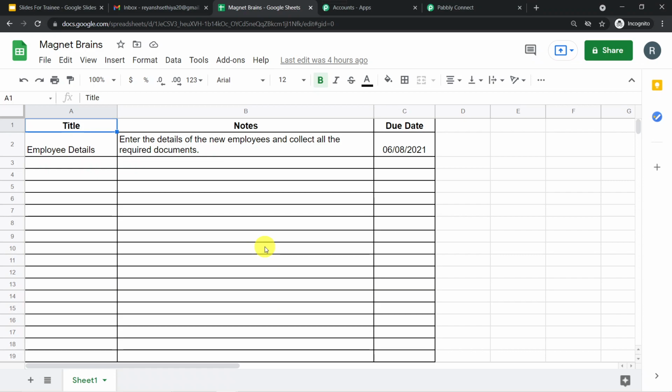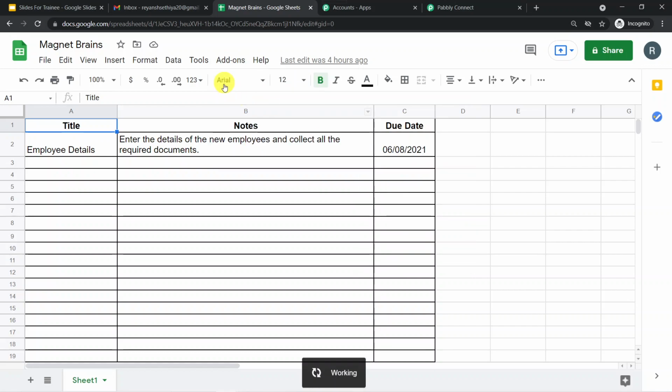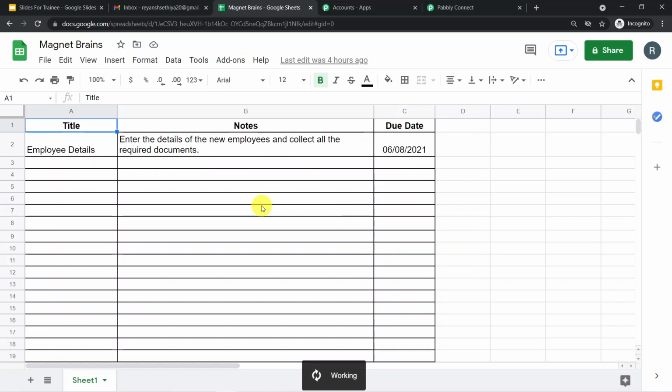Now let us see whether Pabbly Connect has captured the data or not. But before that, remember again we have to click on add-ons, Pabbly Connect Webhooks, and this time click on send on event. Make sure that when you click on send on event, it has a tick mark. Also, if you have logged in through multiple Gmail accounts, an error will appear saying to kindly log out from other Google accounts and log into just one Google account to use the add-ons correctly.